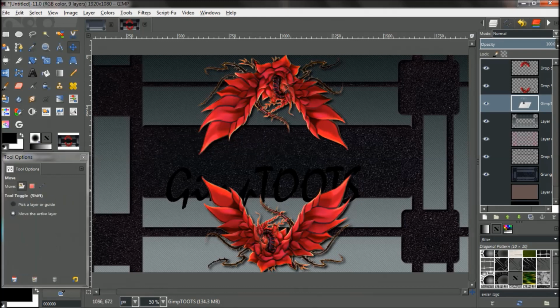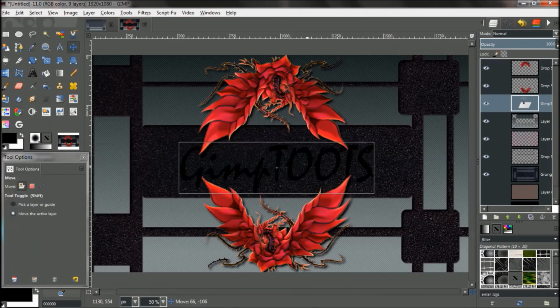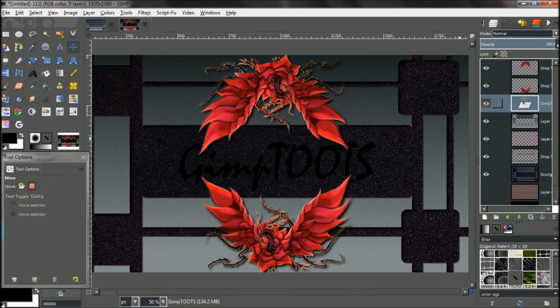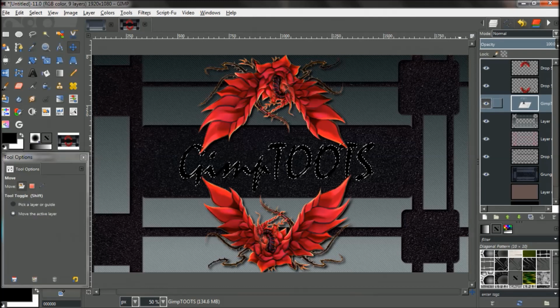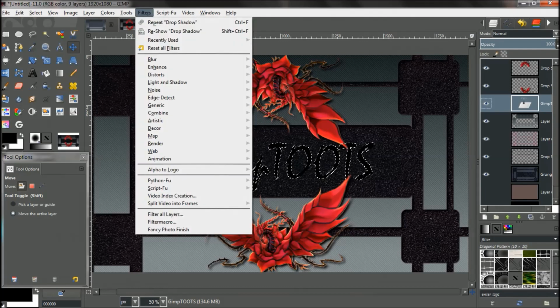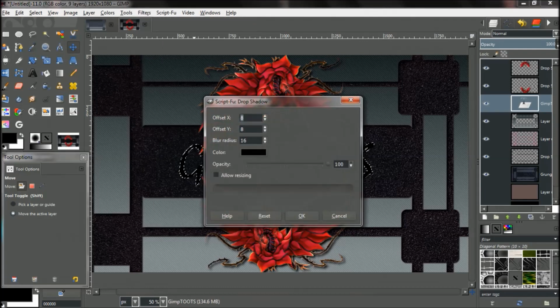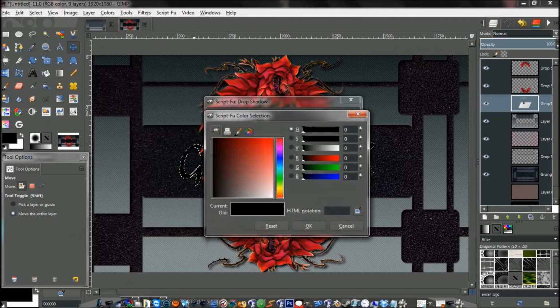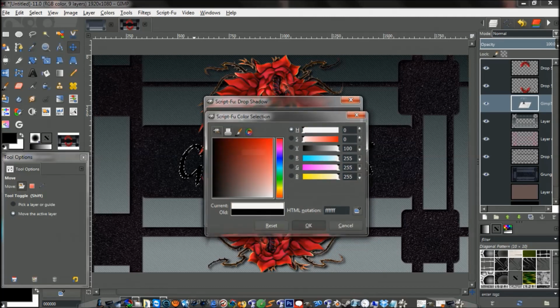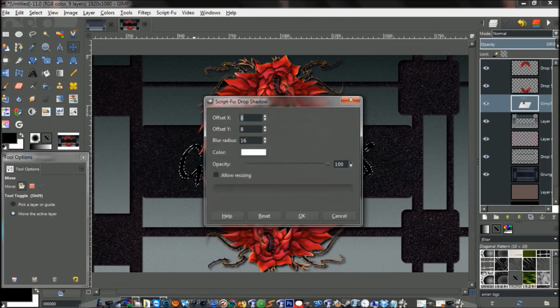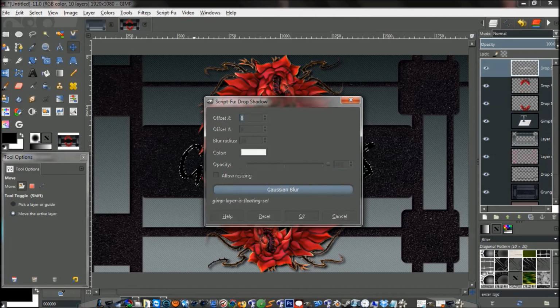And let's go back up here and grab our move tool. And you can put it anywhere that you want. I'm just typing that out. Let's press Alt and then click on it. And then let's go to the filters and drop shadow, and we're going to change the drop shadow color to white, and we're going to go ahead and press OK,